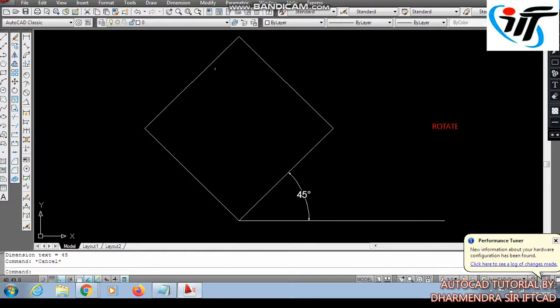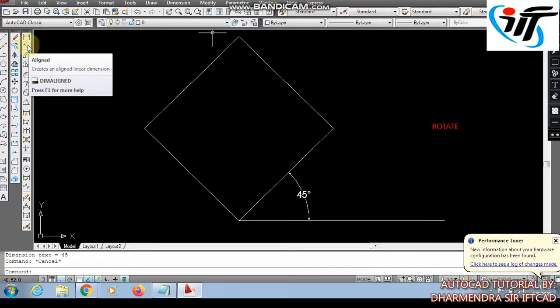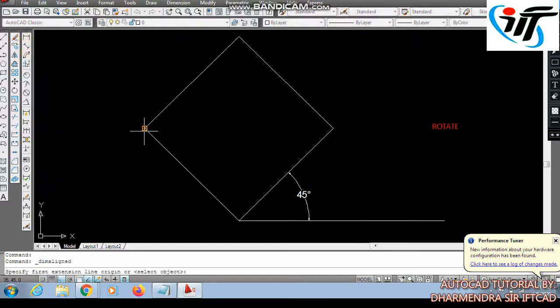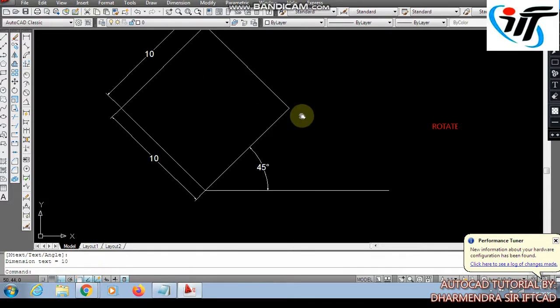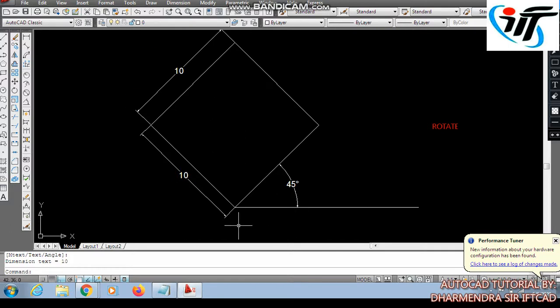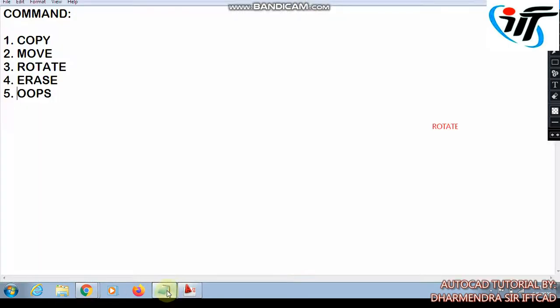For measuring the aligned dimension we may use dim align. This way we will get the length and width as well. So this was all about rotate command, through which we can rotate any object in the desired direction.